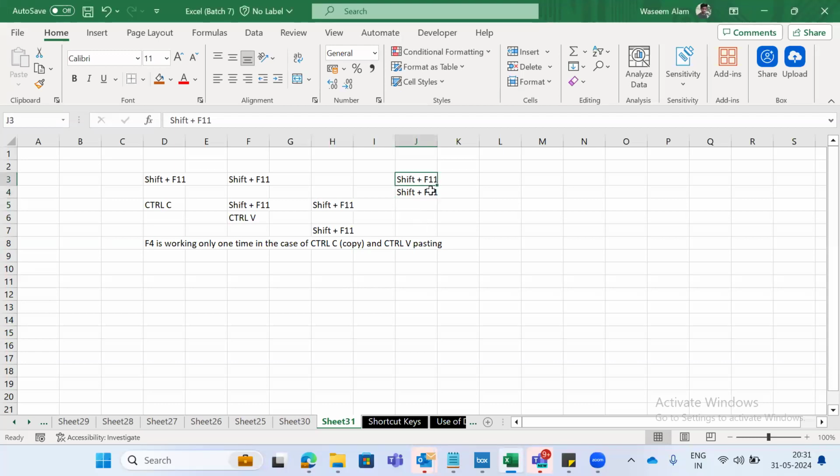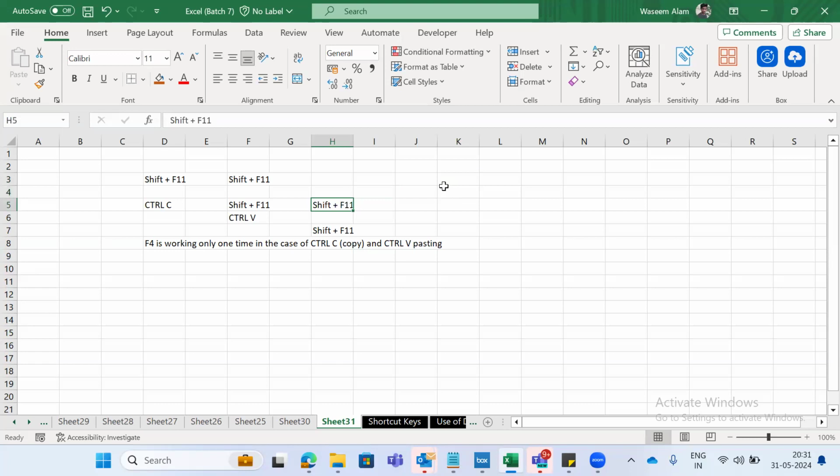Now this time, some information is available in J column, H column and F column. Now I want to delete some information that is unnecessarily available in F column, H column and J column. So what you can do, if I press the delete option here one by one. First time I pressed the delete key. Now here I press the delete button. Now this time, instead of using the delete command, if I press F4,